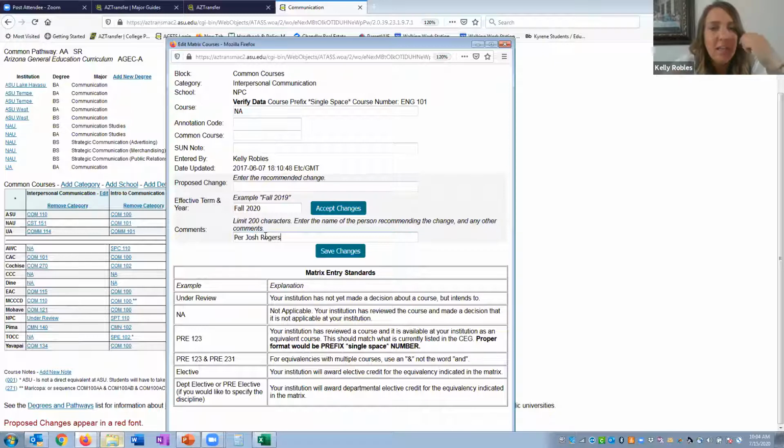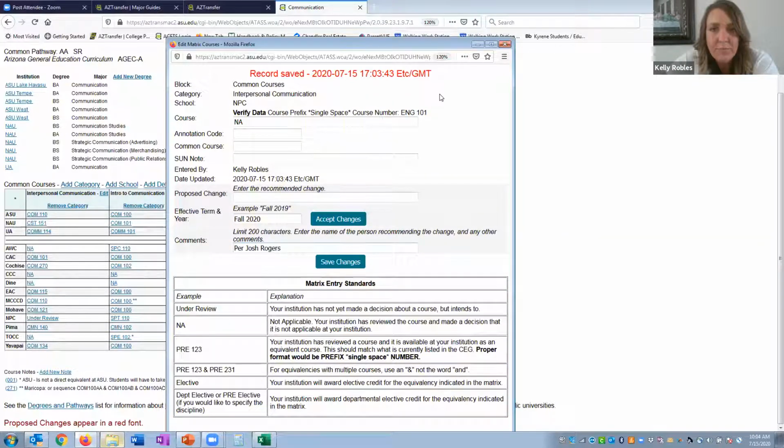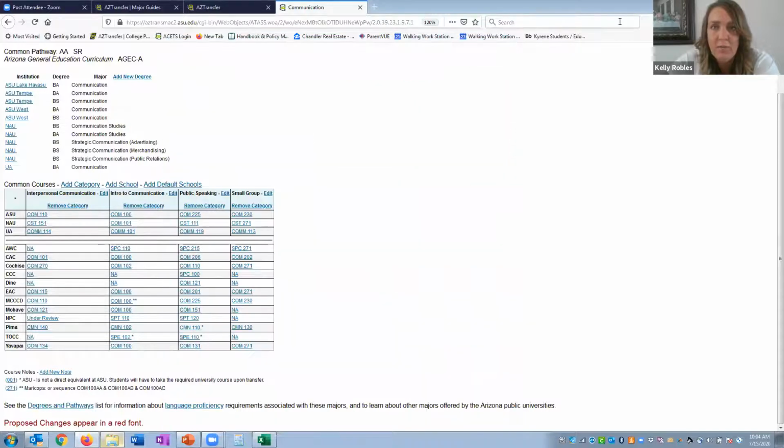What this does is a proposed matrix change is just that. It's a proposal. Sometimes faculty members will tell you during a meeting, I got to go back to my institution and confirm that. No, we want a decision or a proposal now during the meeting. The meeting is the time to do that. What this does when I save it and then close it out, if I refresh my screen, it puts the